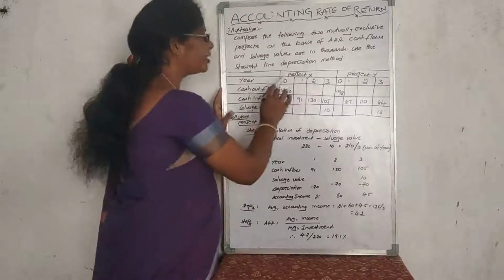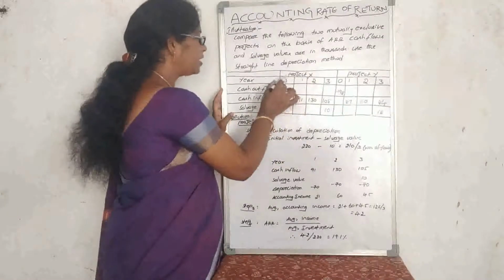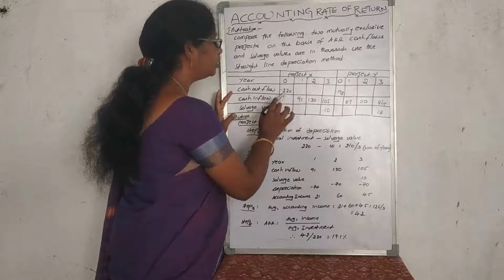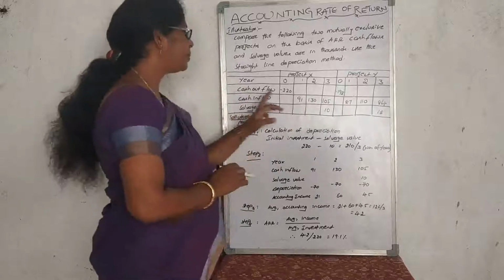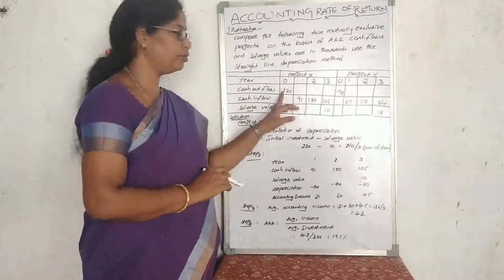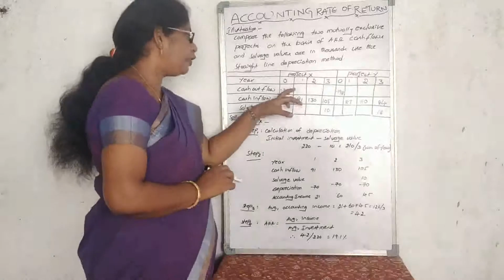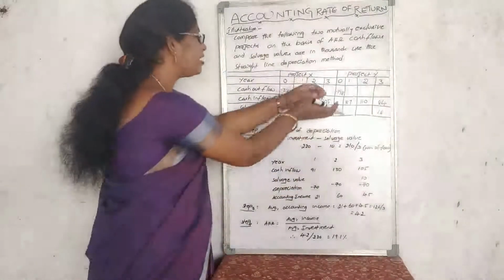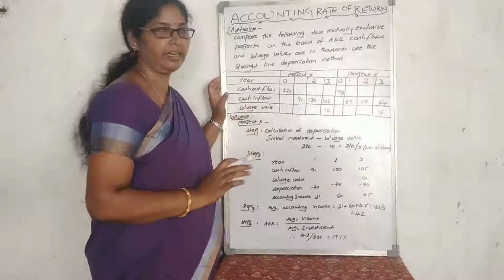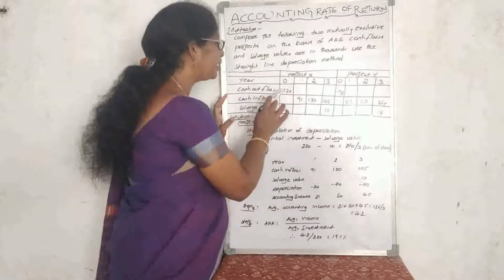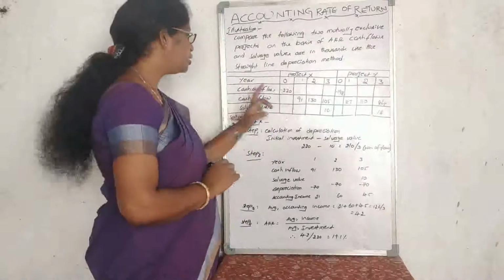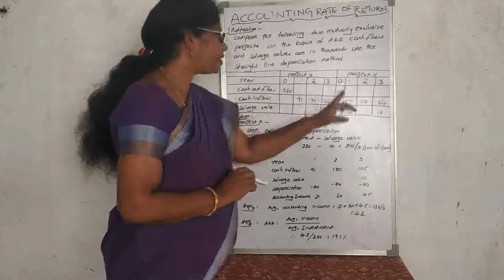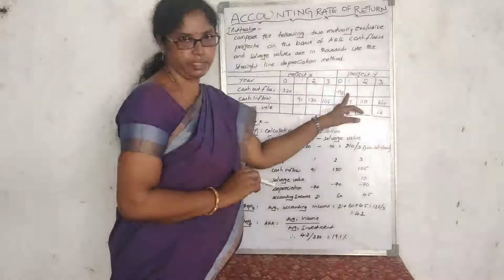Here from 0 to 3. This is the initial stage value. Cash outflow minus 2,20,000. Why? Because they are putting a minus value. This is the investment value. After conversion of that investment value into inflows, the value will reach up to that figure. So that's why in that problem I have put the minus value here. So 2,20,000 rupees is the initial investment. In project Y, 1,98,000 rupees.